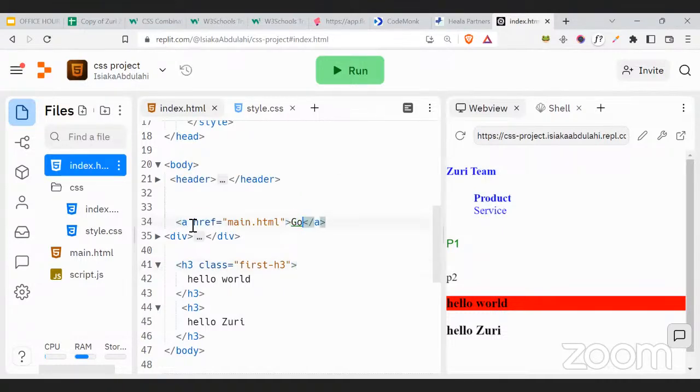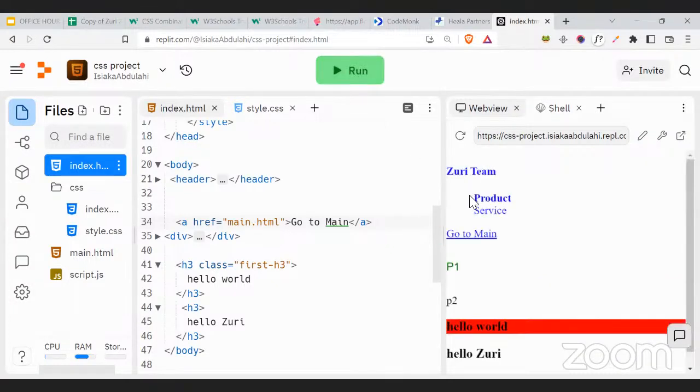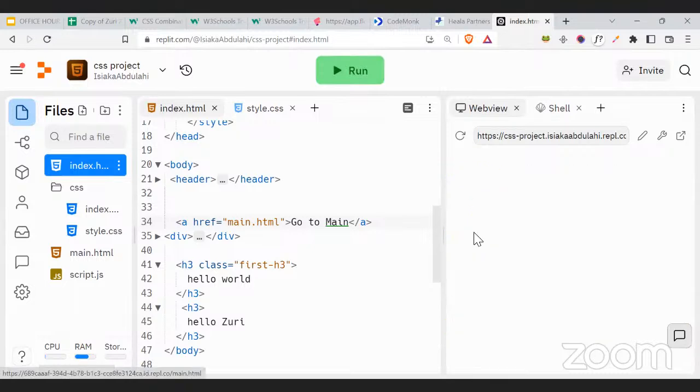Let me say go to main dot go to. Let me say go to main like this. Now, if I save and try it, I'm expecting it to run. I think that's run, but I'm not seeing it. Okay, it's running. So now, if I click on the go to main element here,